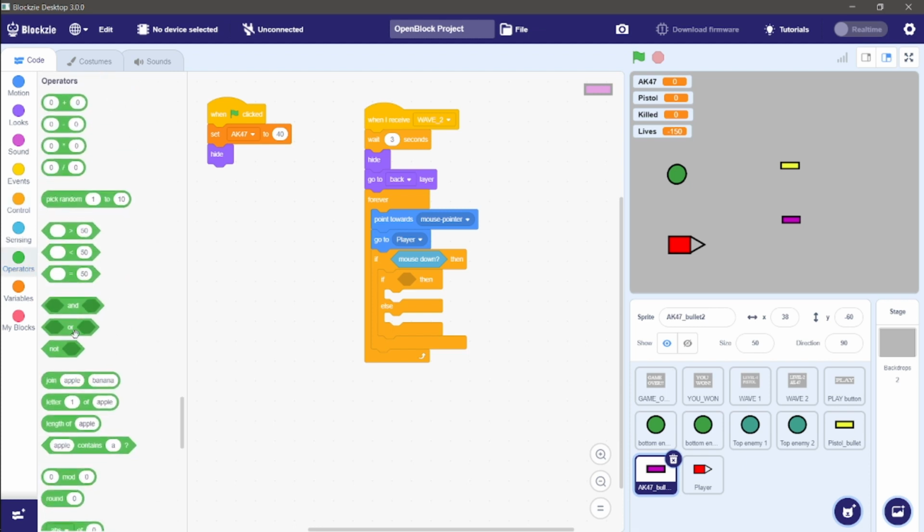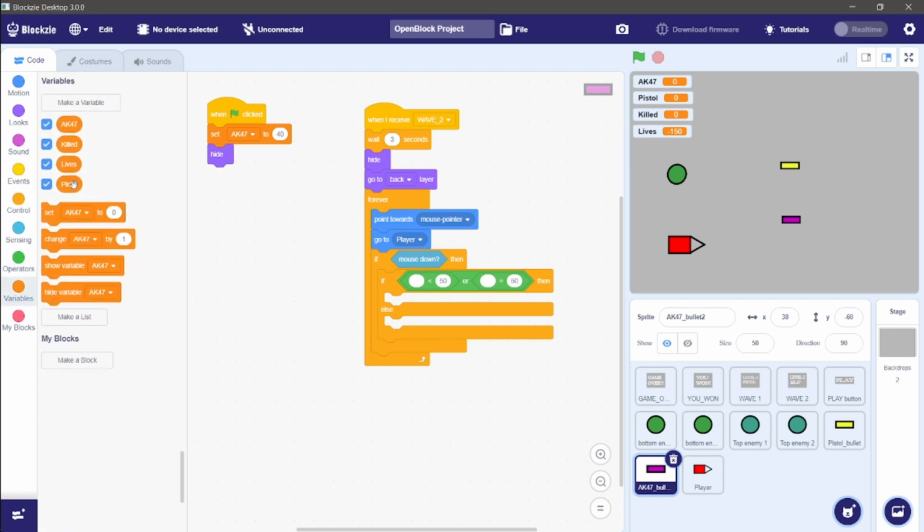So we are making this condition as less than or equal to. Now we are using the variable AK-47. If AK-47's score, the number of AK-47's bullets,